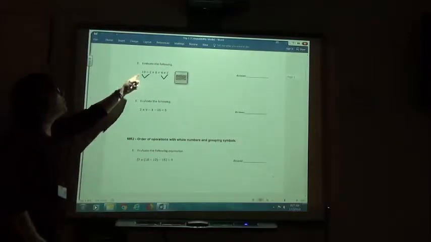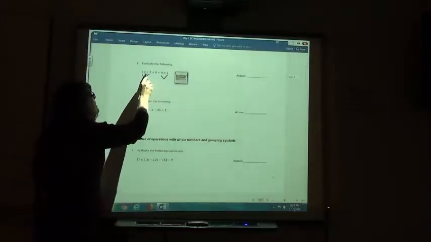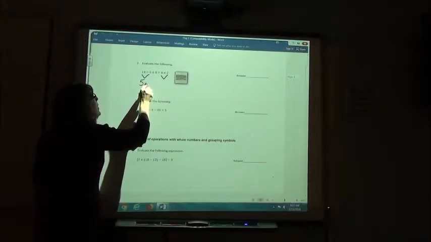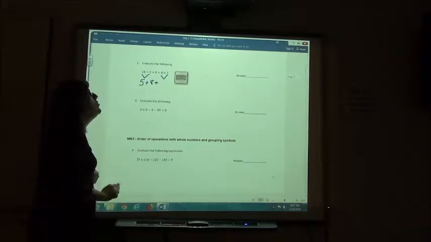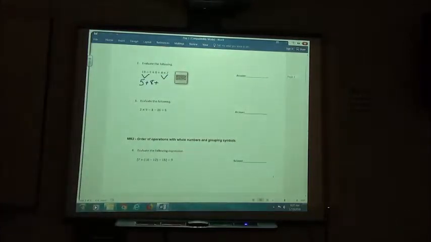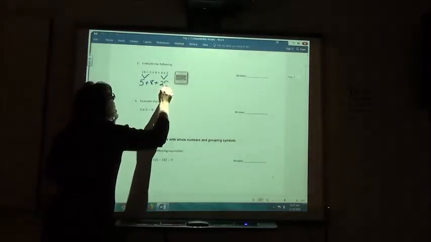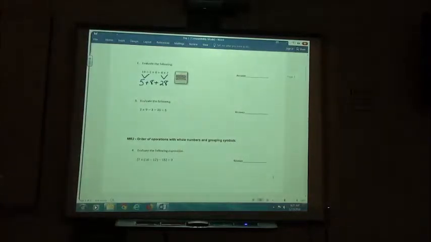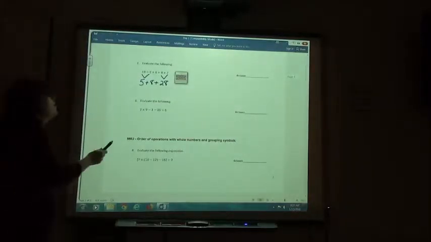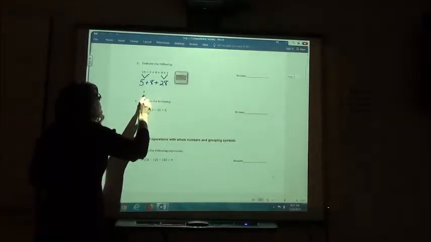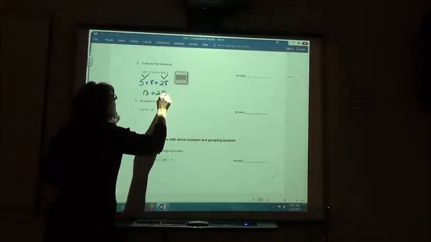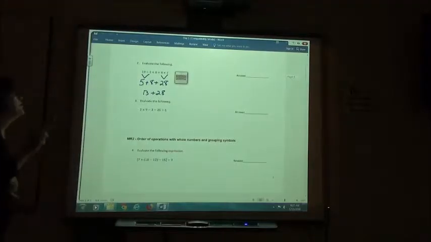So I'm going to start with the 10 divided by 2. 10 divided by 2 is 5, plus, I'm going to bring down that 8, plus, and then I'm going to do the 4 times the 7. 4 times 7, 28. Adding again from left to right, although you could add in any order. 5 plus 8 would be 13. 13 plus 28 gives me